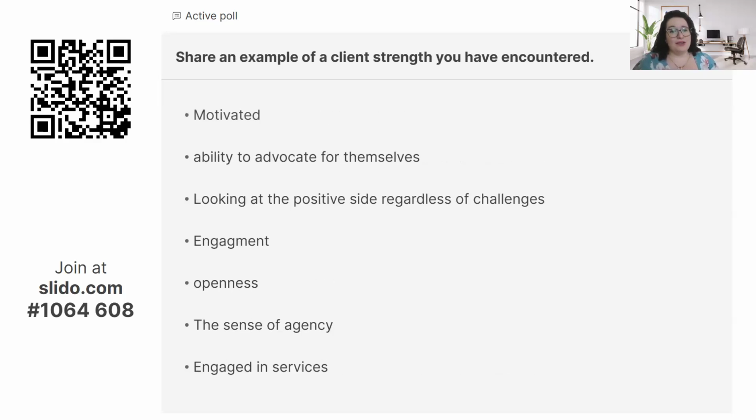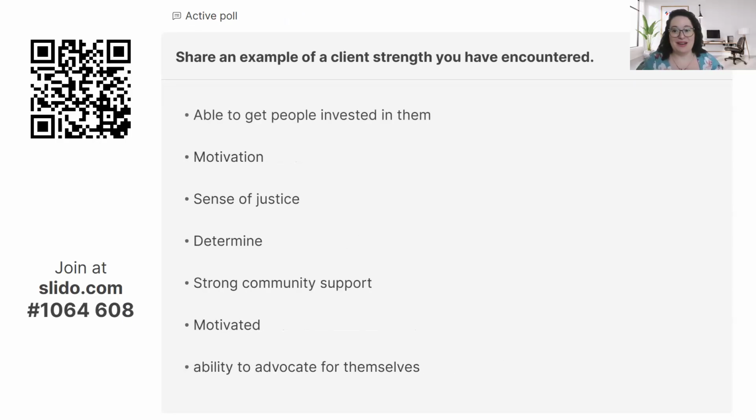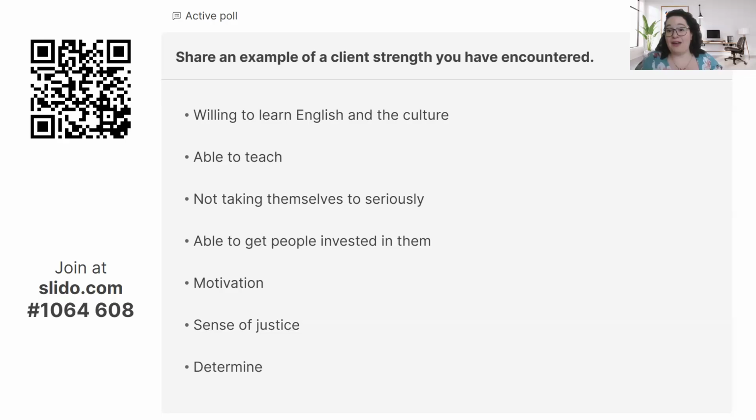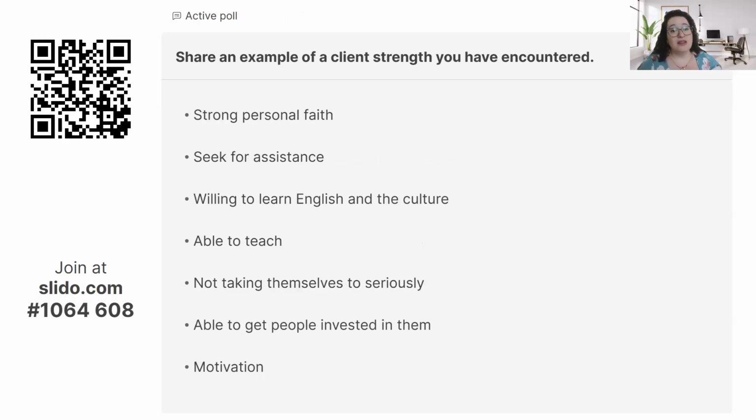Being able to advocate for themselves, even if sometimes you might butt heads with clients a little bit because they're advocating for themselves in a way you might not be able to deliver on in that moment, sharing to them, I love that you advocate for yourself. You know what your family needs and you're trying to make this work for you. That's absolutely a strength. Sense of justice, the ability to teach,